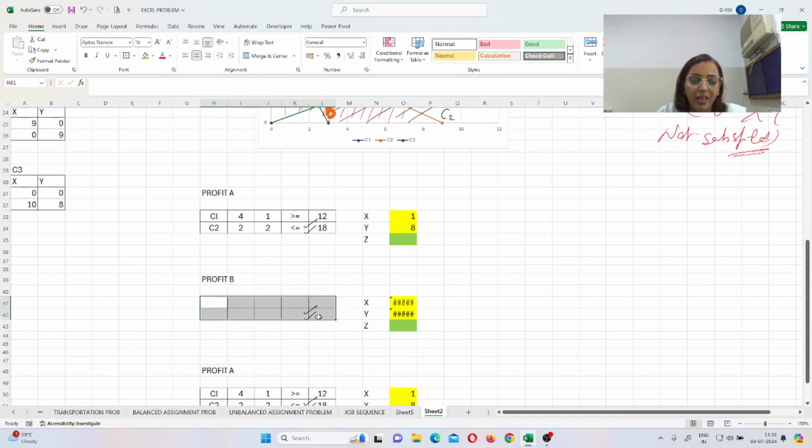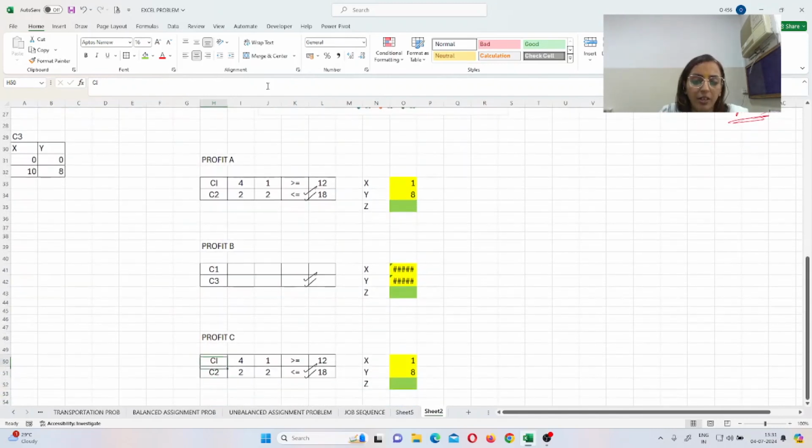Delete this one and write C1 and C3. From there, copy the value of C1 and C3, and then we have to calculate the profit for C, which is the combination of C2 and C3, right?